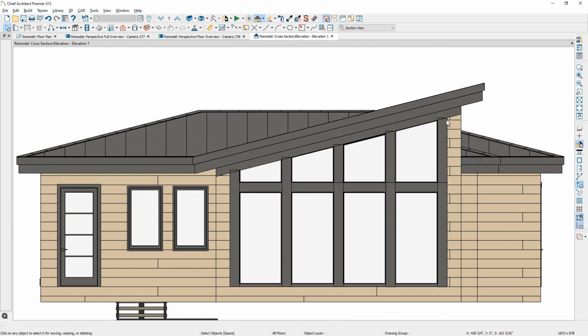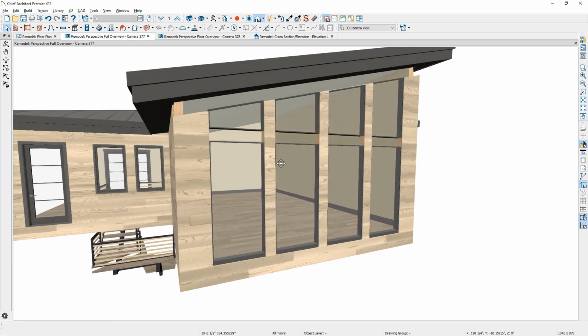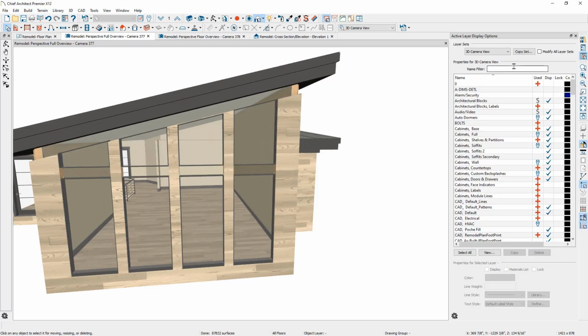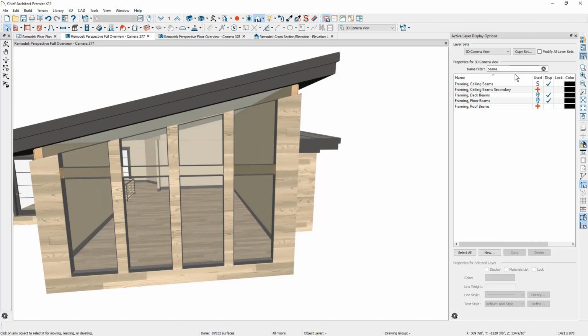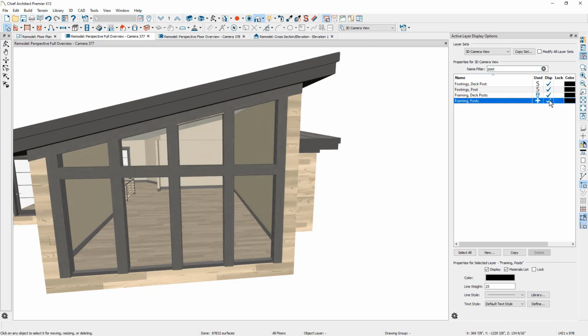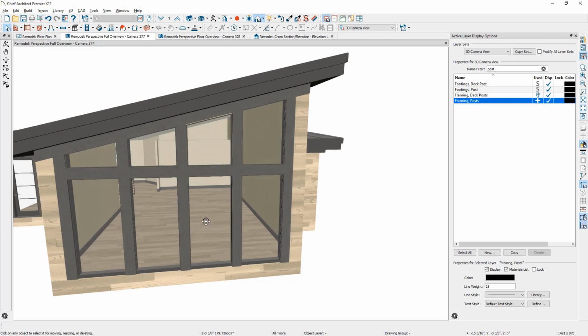Now that we have the modifications done to the beams, posts, and windows, let's go over into our 3D view and take a look. Now the first thing you're going to notice is we have a gaping hole inside of the wall. Chances are that layer for beams and posts isn't being displayed in this 3D view. I'm going to come over here into my menu system on the right hand side, and I'm going to turn on my active display and just do a search for beams. Make sure that I've turned on all of the different beams that I want, and then we'll also turn on the post layer. We can turn that layer on and see the display. Now that those are on, let's go ahead and rotate around.